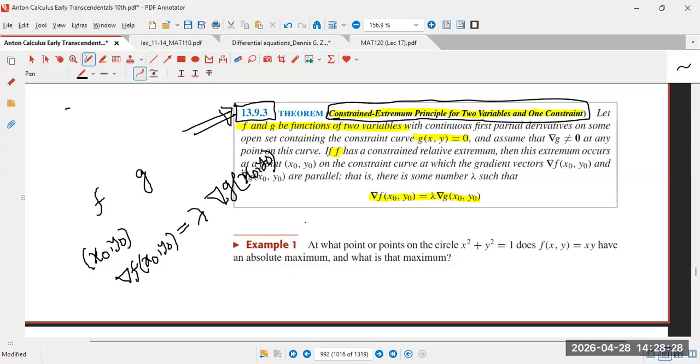So that is যেই পয়েন্টে রিলেটিভ ম্যাক্সিমাম বা মিনিমাম থাকবে সেই ক্ষেত্রে gradient of f is equal to lambda times gradient of g, or simply আমরা এটাকে এভাবে বলতে পারি,